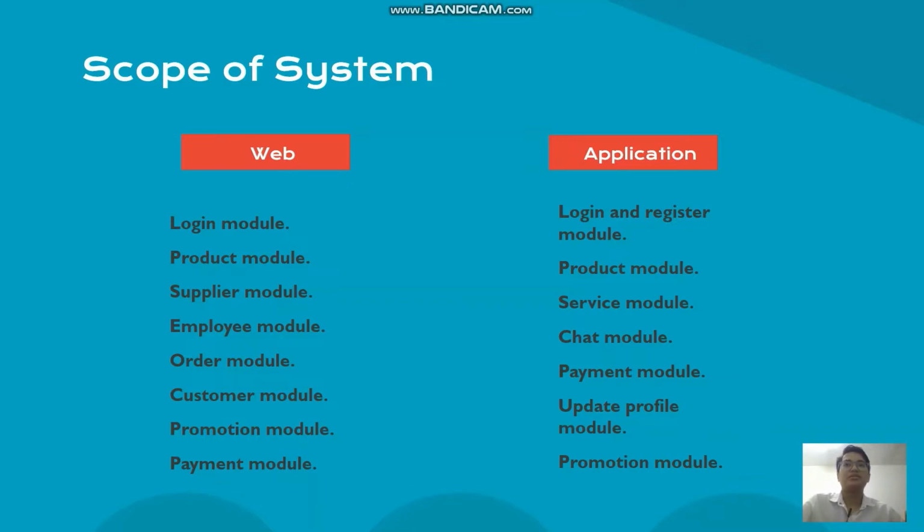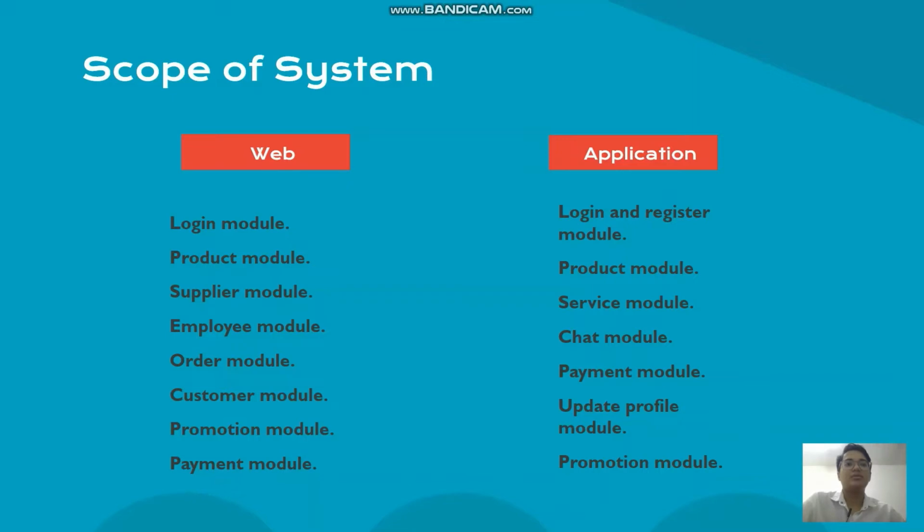And then for the scope of the system application, there will be a login and register module, where the user needs to register first before they can log in to the application. And then there will be a product module, where the customer can view the YS Auto products. And then there will be a service module, which provides roadside service for the customer